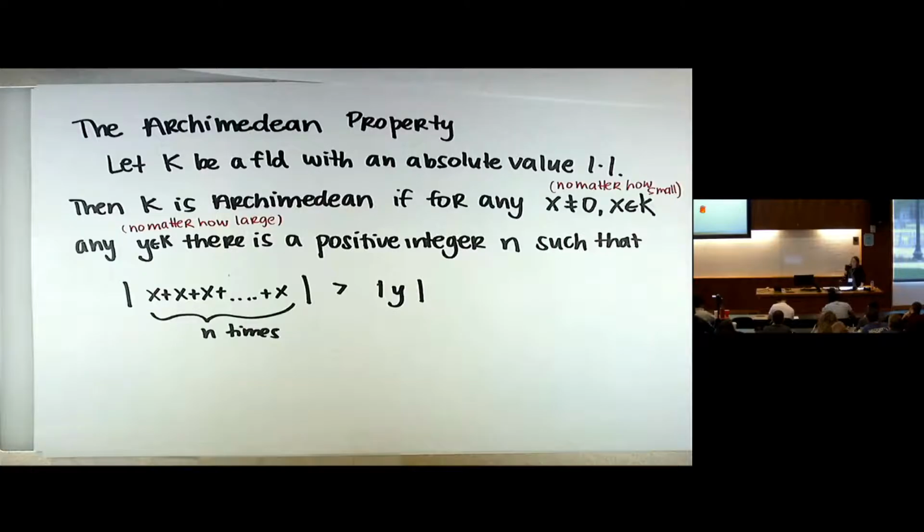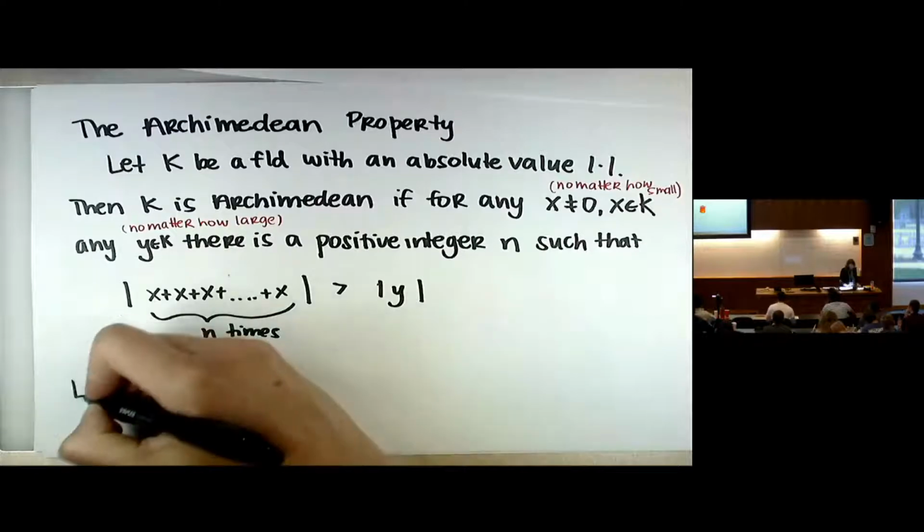So the way you can think about it is there's no x that's infinitely small, right? That would have to add to itself maybe infinitely many times, which I can't do. Or there's no y that's infinitely large, so too big to be overtaken by an x. And you know,